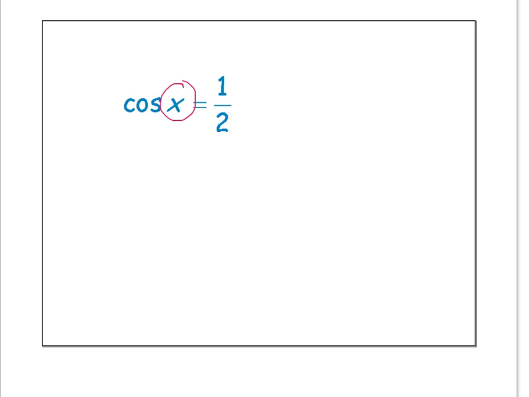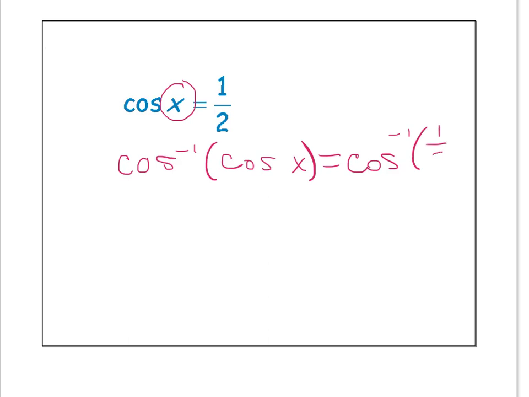So if I'm looking for cosine x equal 1/2, essentially what I'm doing to solve for the variable is I'm taking the inverse cosine of both sides. We never talked about it like this before. We just kind of said, well, where does cosine equal 1/2 on the unit circle, and we left it there. But what I want you to understand is that because the inverse function of cosine and the cosine function itself, I'm taking the inverse of a function, and so those two create an identity, which just leaves me with the operator of x. So we end up with x equals cosine inverse